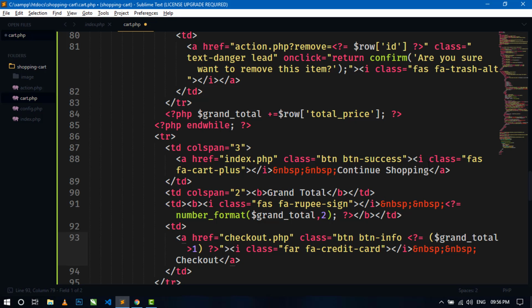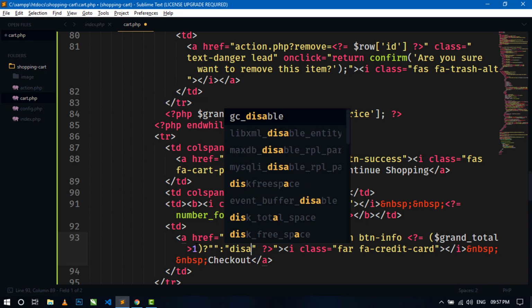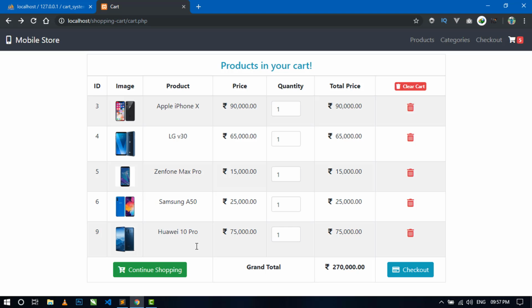It means the total amount of grand total is greater than 1. Then I will display nothing, and if the grand total amount is less than 1, then here I will display disabled, okay. Now set this. So this time it will not be disabled because the grand total price is greater